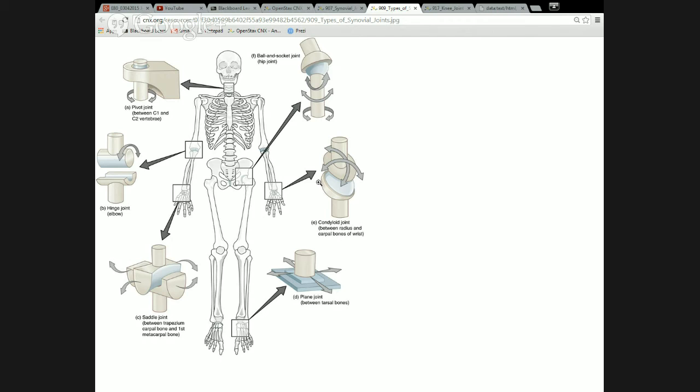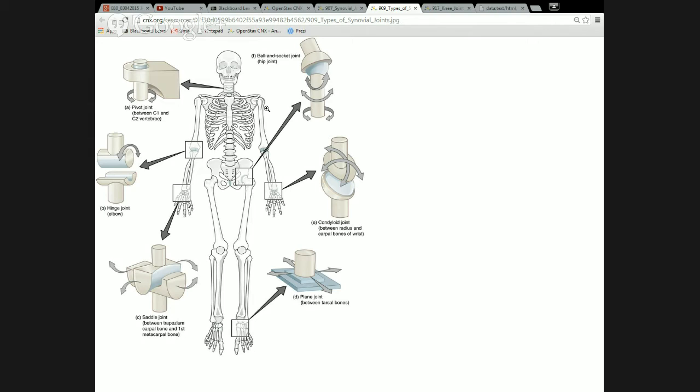And then the multi-axial joint, which is really triaxial, is the ball and socket joint. It's the only one like that. Now, there's actually 4 ball and socket joints. The hips, of which there are 2, there's a left and right hip, and the shoulders, again, 2, left and right. Those are the only joints that are ball and socket joints. And they're the ones that are capable of moving in 3 different directions. Okay, so